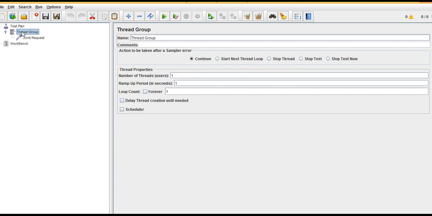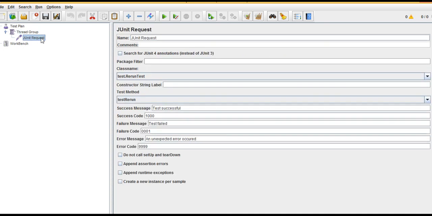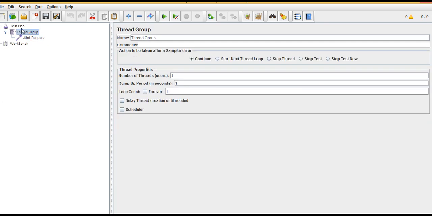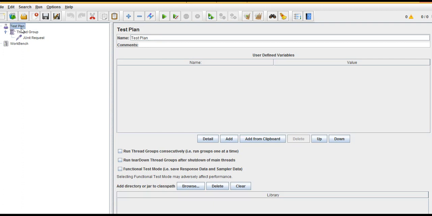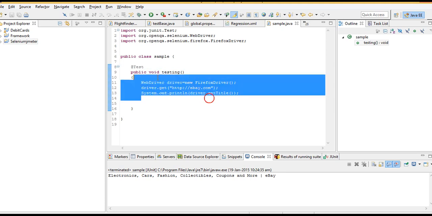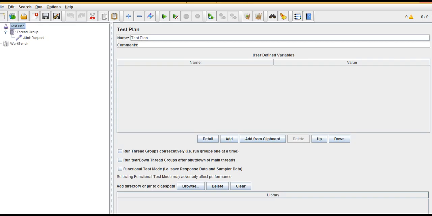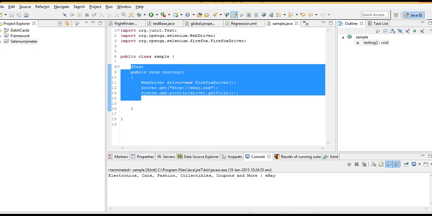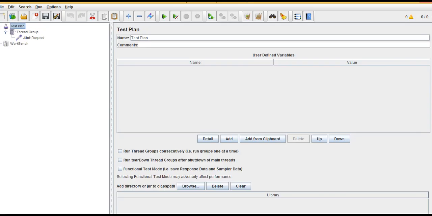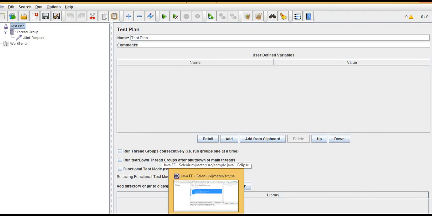If not, please go through the videos in the JMeter Performance Web Testing course. Also I assume that you have basics of Selenium to follow this lecture. If not, I request you to go through my Selenium WebDriver tutorial course, where we have taught everything from zero to infinite in Selenium.